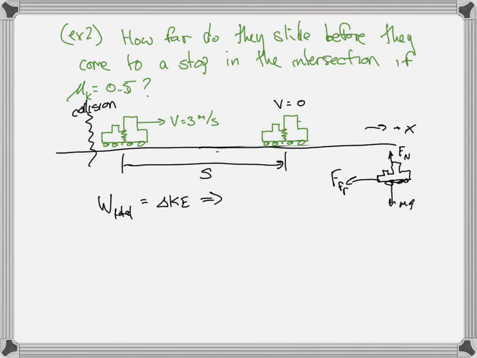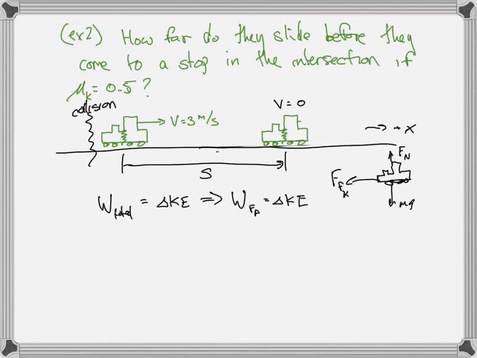F_fk. I meant to say F_fk. Okay. The frictional force is slowing it down. That's a free body diagram. So the total work done: normal force does no work in this case. Gravitational force does no work because it's not on a hill. So the total work done is the work done by the frictional force, and that is equal to the change